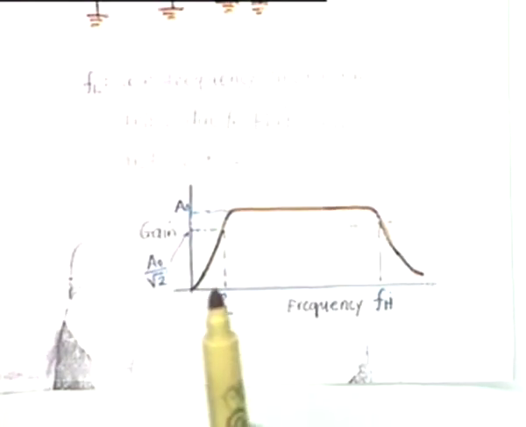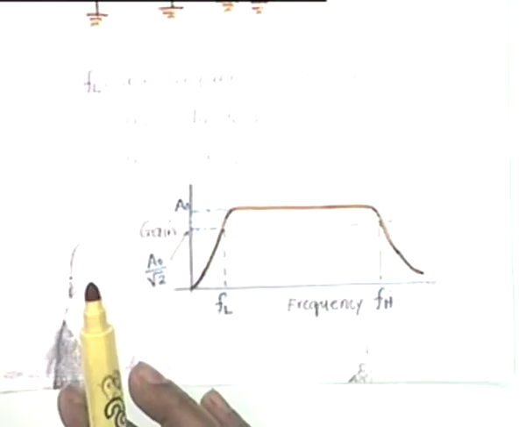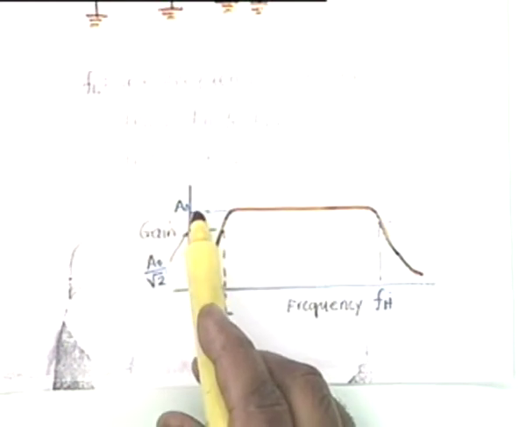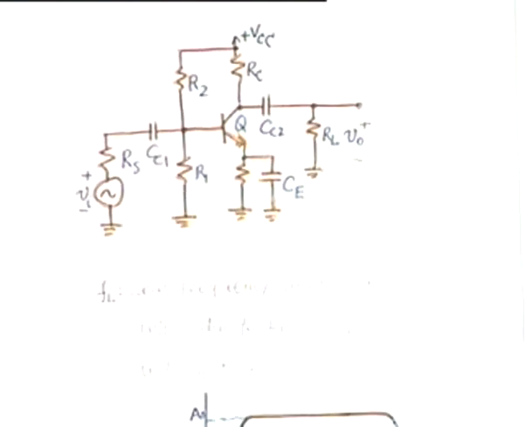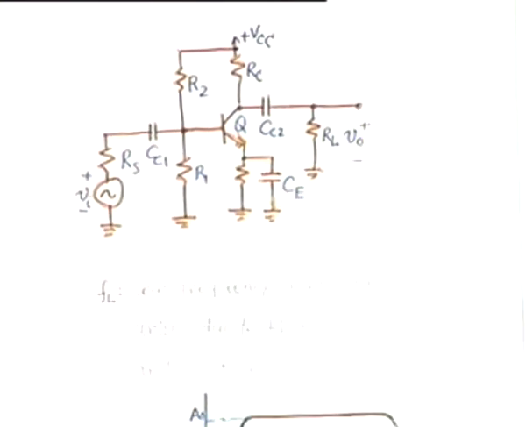Now one can argue, why can't we use the same techniques that we use for ICs in discrete circuit design? What is the problem? Can anyone point out? I have already discussed this. What is the question? Can you repeat it? The question is, in integrated circuits we don't have to bother about FL because we don't use a capacitor. So our response starts from DC. Why is it that in discrete circuit design we do use these three capacitors? Why can't we use the same techniques as we use for integrated circuits in discrete circuit design? Why not?